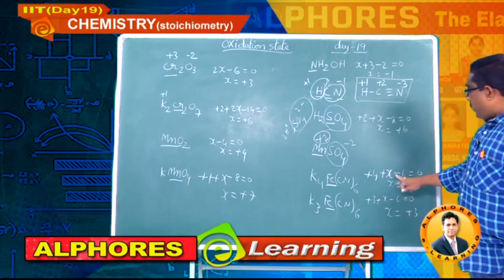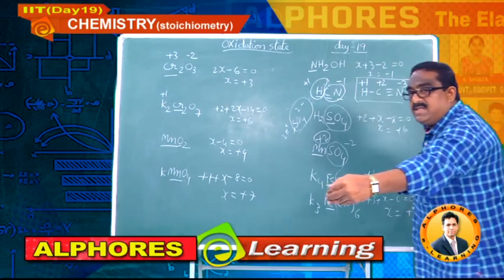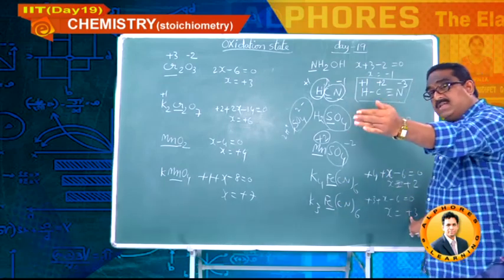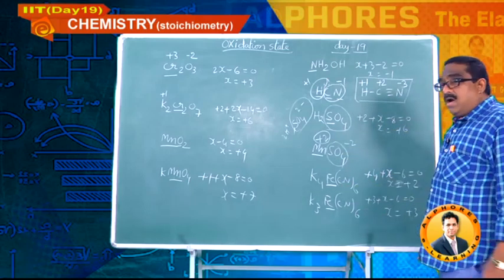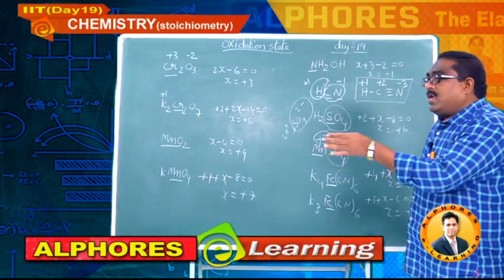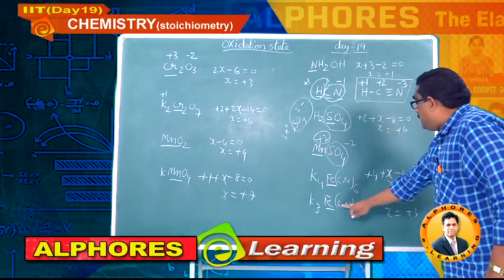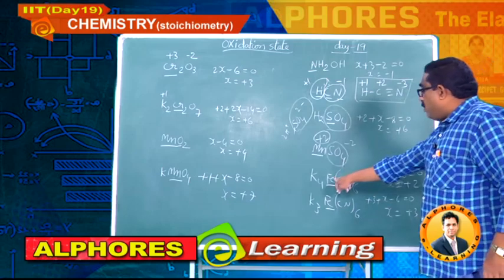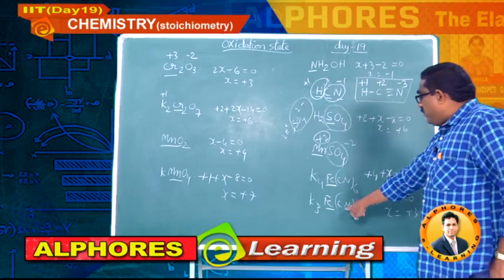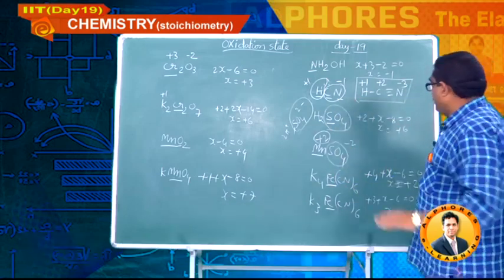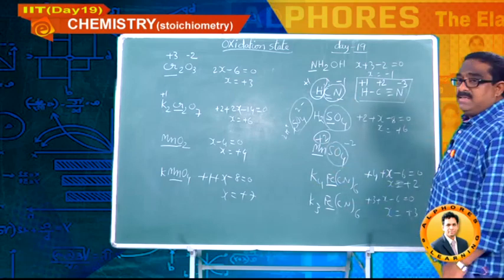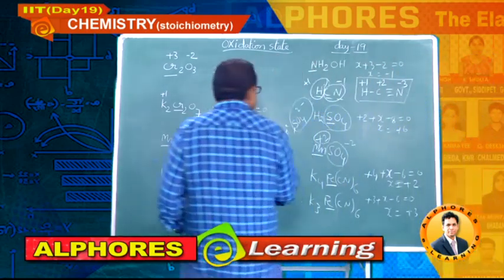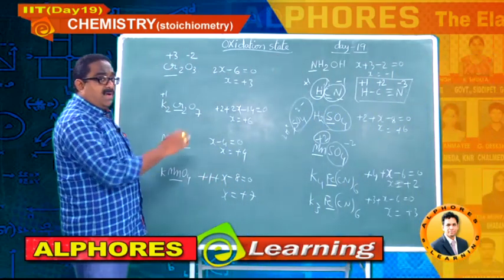Here in this compound, iron is plus 2, the lower oxidation state. In this compound, iron is present in plus 3, the higher oxidation state. So that's why this is called potassium ferrocyanide, and this is potassium ferricyanide. Potassium ferrocyanide has iron plus 2, potassium ferricyanide has iron plus 3. Please note it down, students, in detail, and then I will go for the next set of examples.